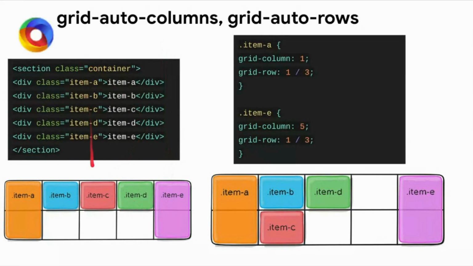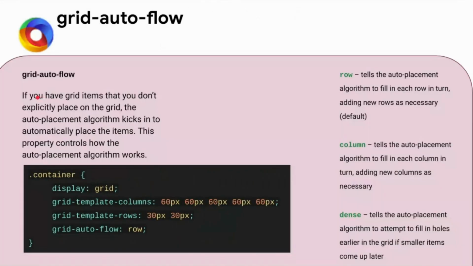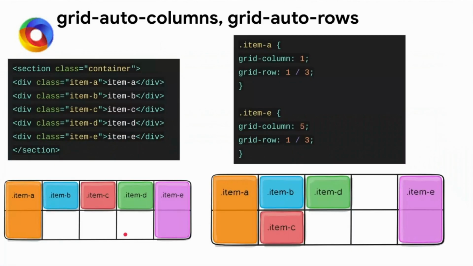So if I put grid auto flow as row, what exactly will it do? It will place each of the items in the rows. So item B would be in the first row, then it goes to the next column, and the items are arranged in sequence row-wise. But if I put column, what will it do? It will put item B in one column and item C in the next column. Now below that there is no column in the main template, so it will jump to the next row. Like that it will go. If I put row, it will continue in the row form and place each of the items row-wise.